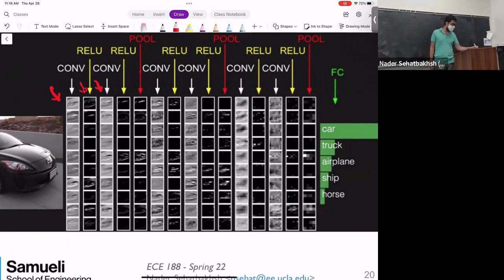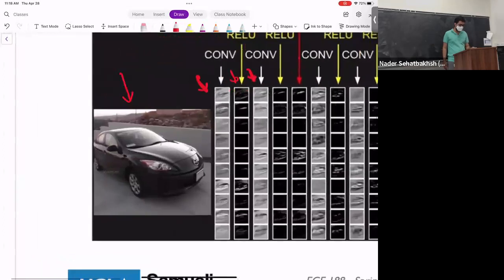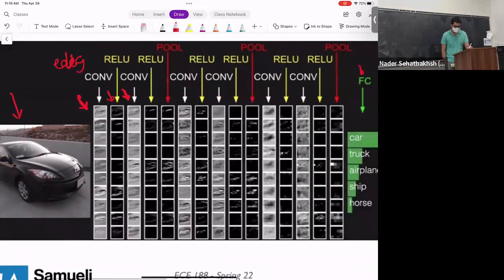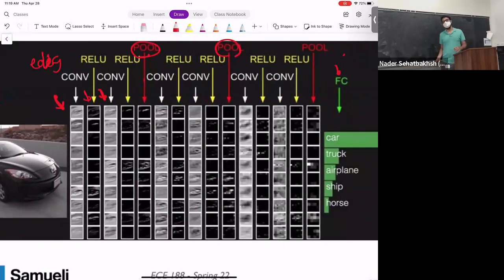Some of them are, for example, good for detecting the edges in the image. Some of them are good for detecting corners. Some of them are good for detecting shapes and so on and so forth. And when you combine them all together, you're able to detect this seemingly complex function and correctly label it. Okay? And this FC is basically a fully connected layer. So these are all convolutional layers combined with sometimes a ReLU and sometimes not a ReLU. Sometimes they're pooling and sometimes not pooling. And then eventually it's connected to some fully connected layers for the actual classification. Does that make sense?